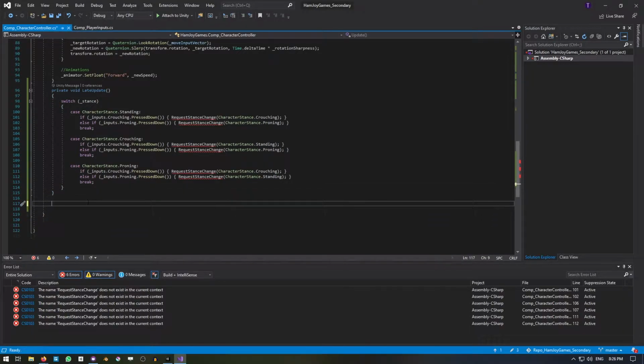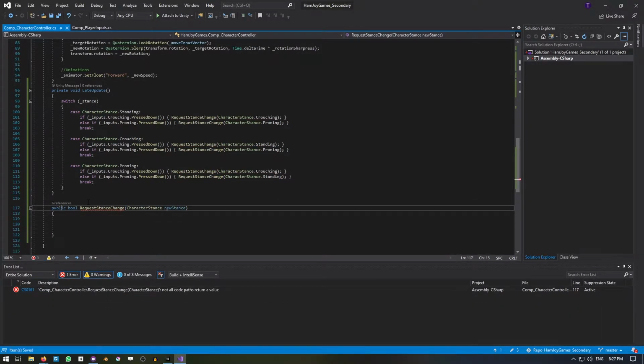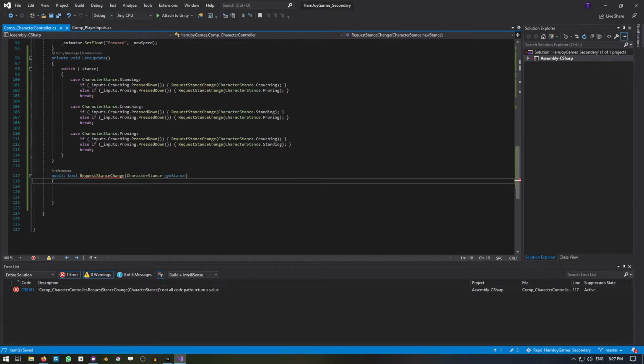Now, let's create the requestStanceChange function. I'll make this function public to allow other scripts to also request stance changes. As an example, say the user is crouched before mining. We want them to immediately change to the standing stance to properly mine the material, so we'll need to call